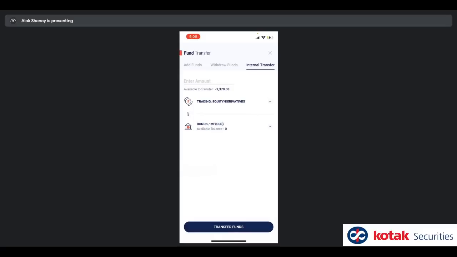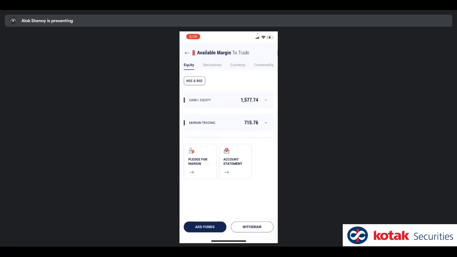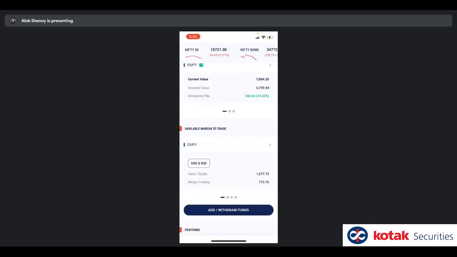If you are not in one of the 9 banks which are linked well with us, currently what we're offering is that you can do an NEFT or RTGS transfer from your bank account to a specific account which will be shown to you on screen. And that will reflect within an hour or so. That is fund transfer for you, right?